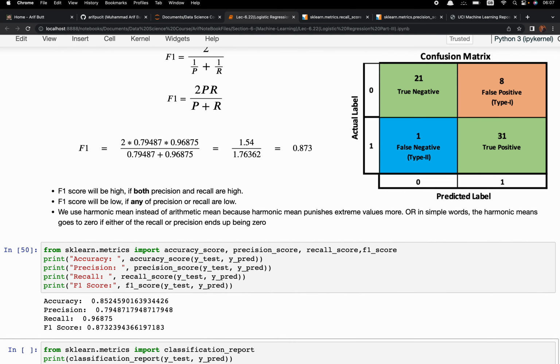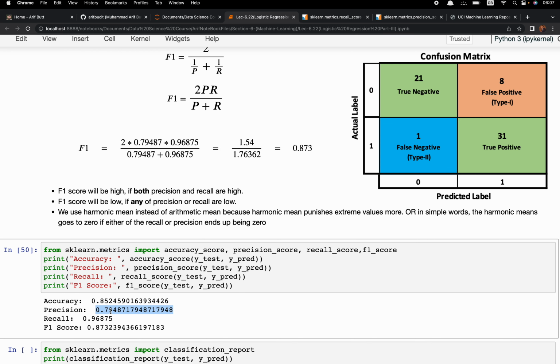Note that the F1 score is 0.87. It is a bit tilted or inclined towards the precision score, that is 0.79. It is not the mean of 0.79 and 0.96. Rather, it is a bit tilted towards this lower value. It is tilted towards the precision, which is lower than recall in this case,